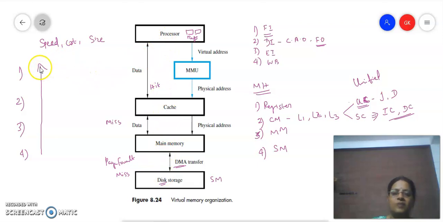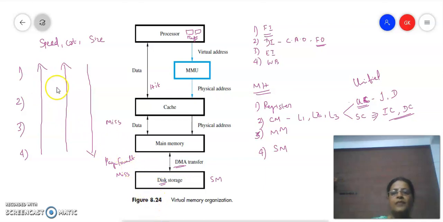And what about the cost? Obviously if the speed is more, the infrastructure has to support that facility, and the cost also will be high as I go nearer to the CPU. So speed and cost are directly proportional as I go nearer to the CPU. Coming to the size, because the level of memory near the CPU is expensive, we are not able to provide huge size. The size will increase only in this direction. As I go away from the CPU, the size is going to be huge.